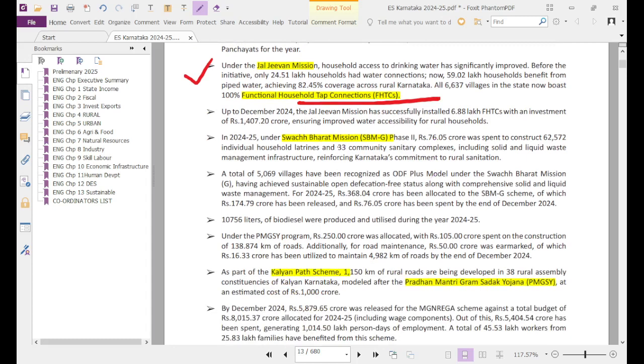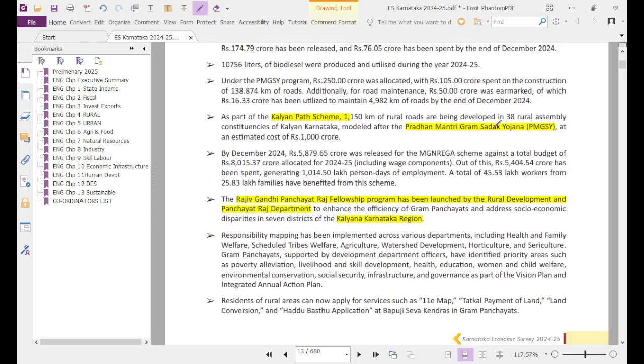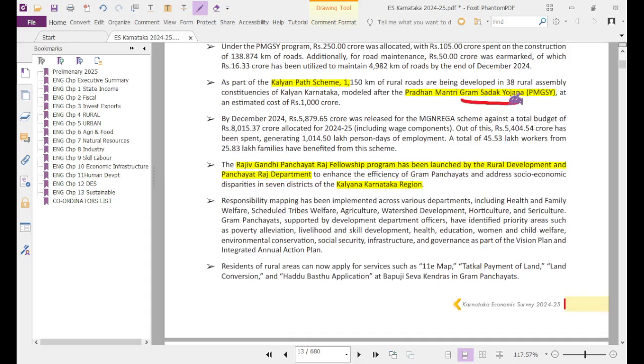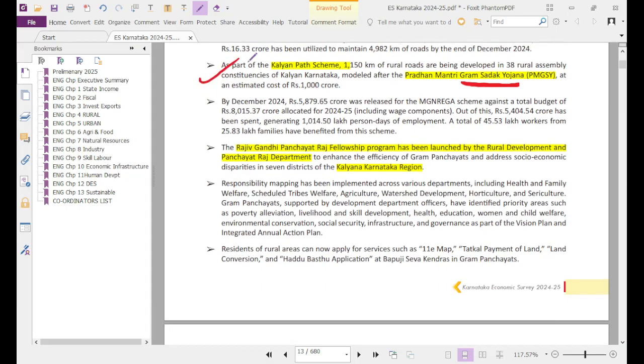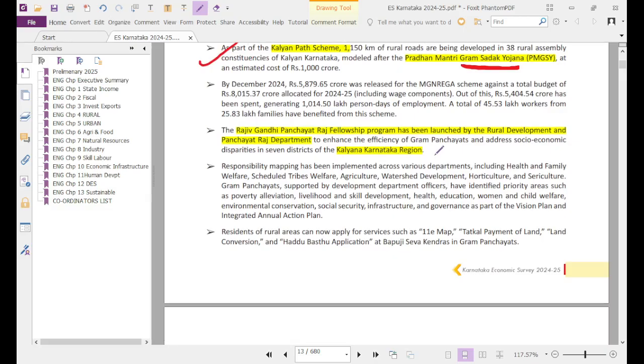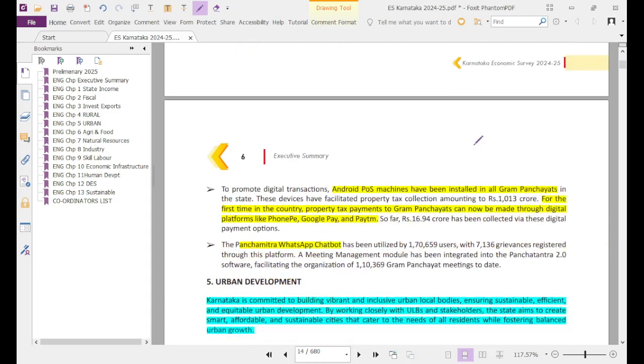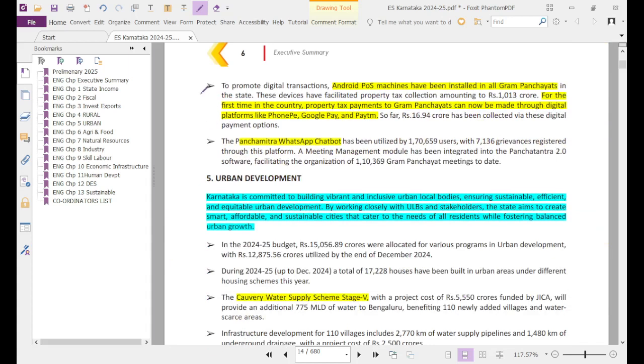Swachh Bharat Mission, again the ODF, open defecation free efforts, and Karnataka has been doing well in that direction. For construction of roads to every village, we have the Pradhan Mantri Gram Sadak Yojana. Kalyana Path is a part of the same. The Rajiv Gandhi Panchayati Raj Fellowships program is there for furthering the development of the Kalyana Karnataka region, the Hyderabad Karnataka region, HK. Various other digital initiatives within governance, land records and others have been eased to the level of payments being done through PhonePe, Google Pay, Paytm, and using point of sale machines to accept the payments for